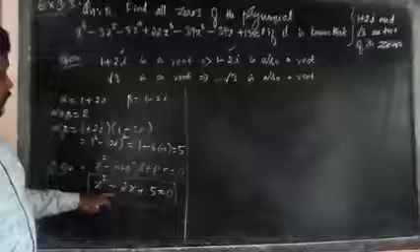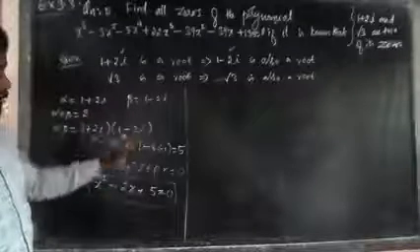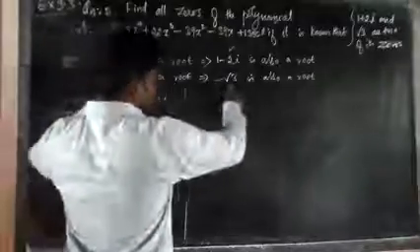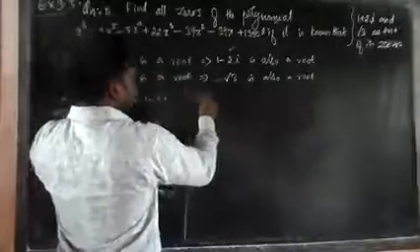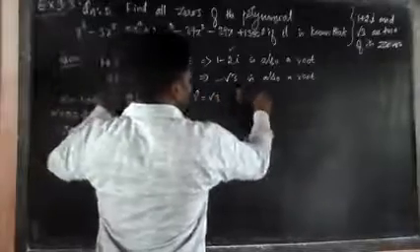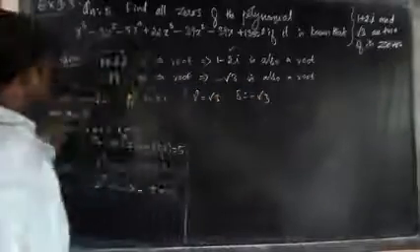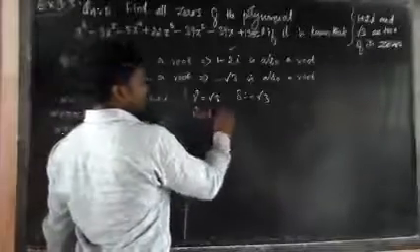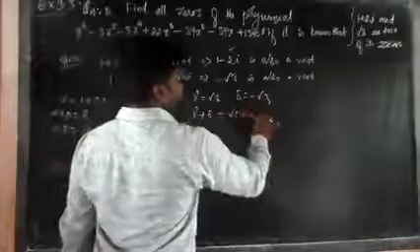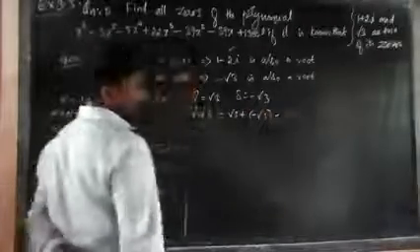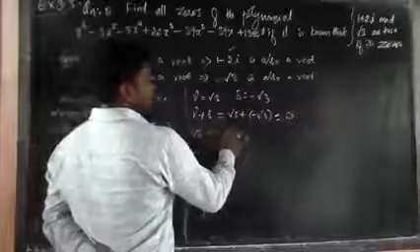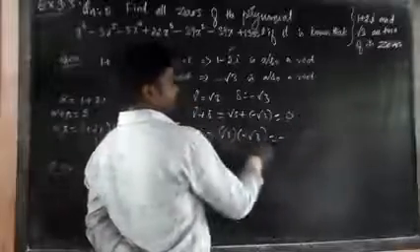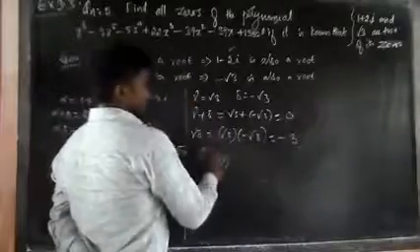Why? Because it is built from the given roots, it is a factor of the given polynomial. In the same way, take the other 2 roots: gamma is root 3 and delta is minus root 3. Same sum, same product. Sum is gamma plus delta, root 3 plus minus root 3, which is 0. Product is root 3 into minus root 3: plus into minus is minus, root 3 into root 3 is 3. So the quadratic equation is